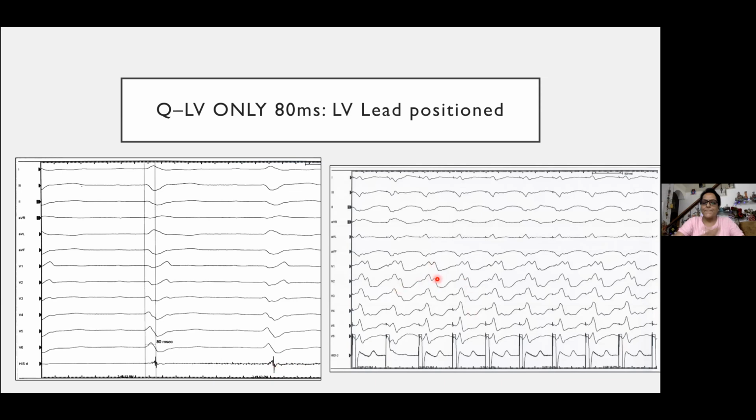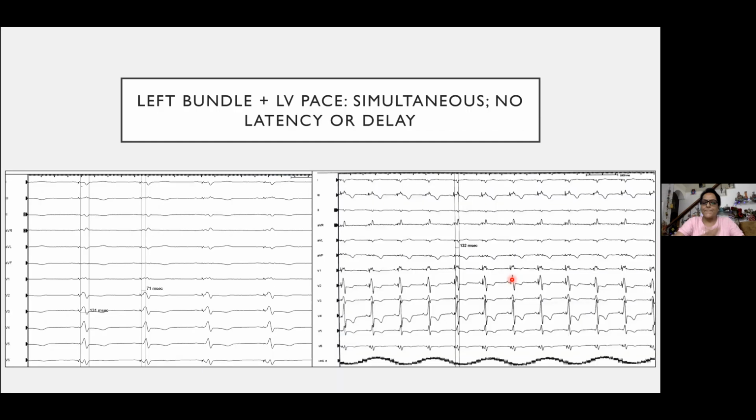Now, if you see here, and I will show you later the different LV paced rhythm, LV epicardial pacing by a free wall lead, you get such a fragmented QRS. So this patient definitely is having a lot of scar, and that is why you are getting this kind of QRS. So what do we do? We combine them. We do LV pre-excitation from the LV lead, and we do left bundle pacing from the left bundle lead. And this is what we get.